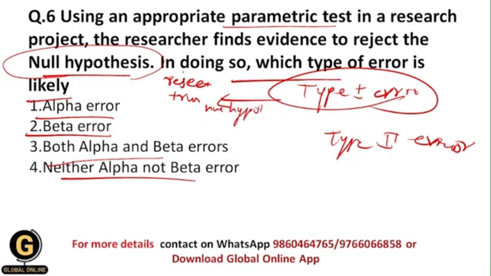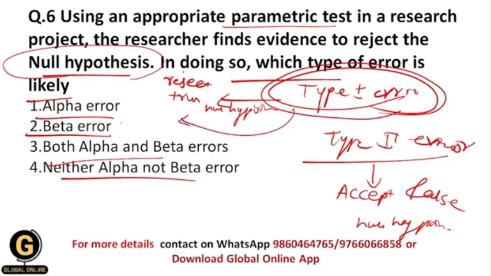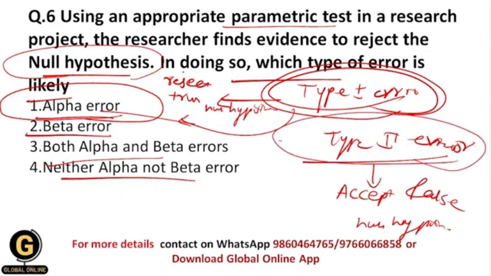And type 2 error occurs when we accept the false null hypothesis. Okay, so the probability of occurring type 1 error is called alpha error, or alpha, and the probability of occurring type 2 error is called